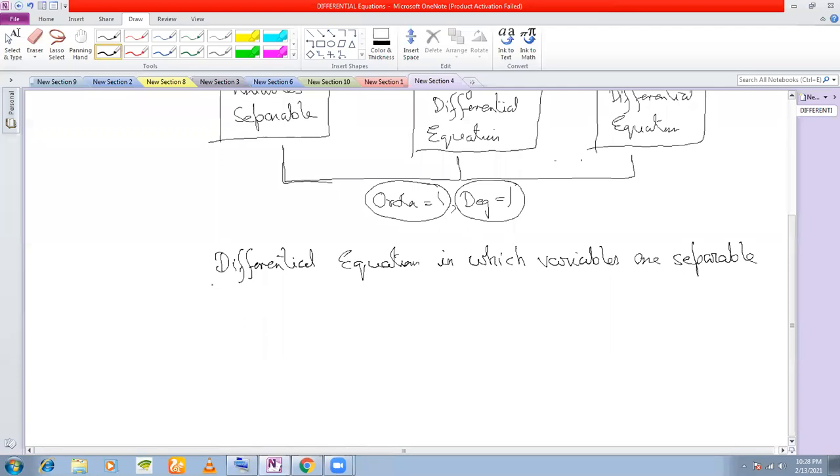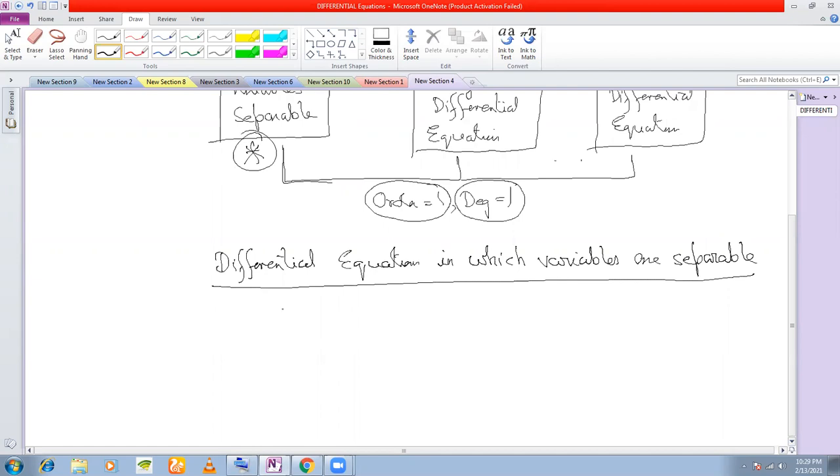Now, if you practice differential equations as much as possible, you will master differential equations, and all of them are very, very regular sums. You don't need anything actually to solve differential equations. You just need to determine which type it is, either of the three. And once you know which type it is, then it is a cakewalk to solve all the differential equations. So we are discussing here the first type, in which variables are separable.